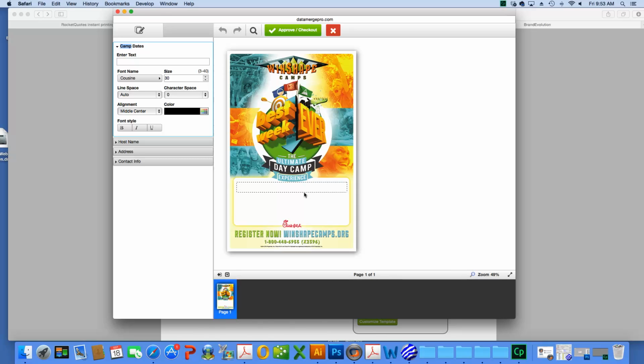Now, this might be good for those that aren't really too familiar with how to use some of this stuff, but I think that it's pretty easy. So if we just wanted the templates to be specific to the information we want to put them in there, we're able to do that, and they can't move these fields. They cannot add fields or anything like that. So you would put the camp dates